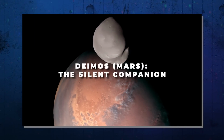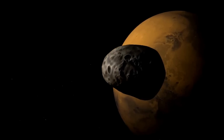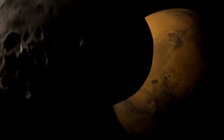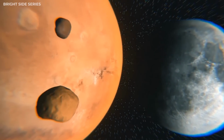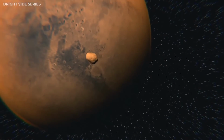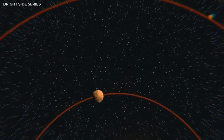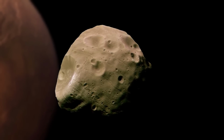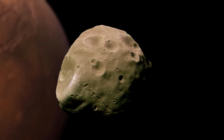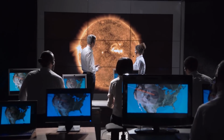Deimos, Mars, the silent companion. Deimos, the smaller and more distant of Mars' two moons, often lives in the shadow of its larger sibling, Phobos. While Phobos garners attention for its doomed spiral toward Mars, Deimos quietly maintains its stable, smooth orbit. This silent companion offers a stark contrast to its more chaotic counterpart, yet it holds its own mysteries and potential